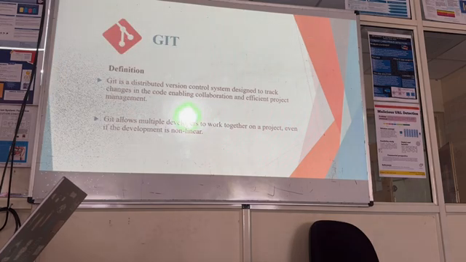So, let's explore. What is Git? Git is a distributed version control system. Basically, it is a tool which helps multiple developers work on a single project, and they can also work on it offline. There is a single project in a repository, but all the collaborators can create a local copy